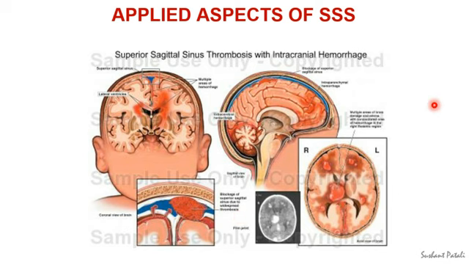Applied aspects of the superior sagittal sinus. So the thrombosis of the superior sagittal sinus is a common example. So it may occur due to spread of infection from the nasal cavity or frontal sinus, scalp, or even from the diploe. So there is marked rise in the intracranial pressure due to interference with the CSF absorption, and also delirium due to congestion of the superior cerebral veins. In infants, the superior sagittal sinus lies underneath the anterior fontanelle. Therefore, the sinus is approached through the anterior fontanelle if other veins are collapsed.